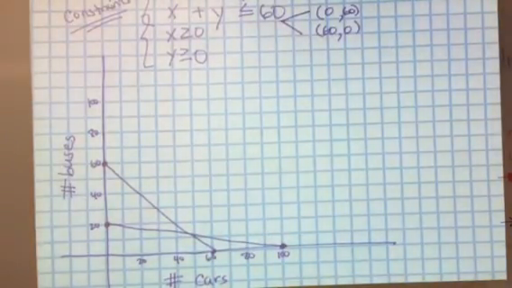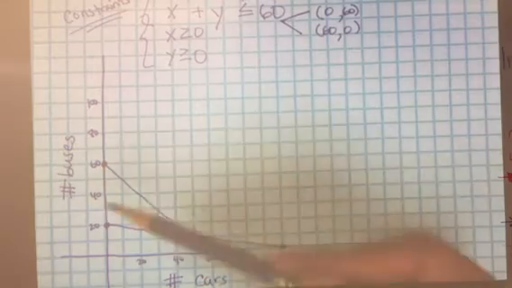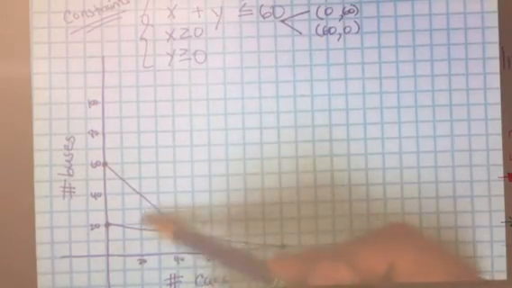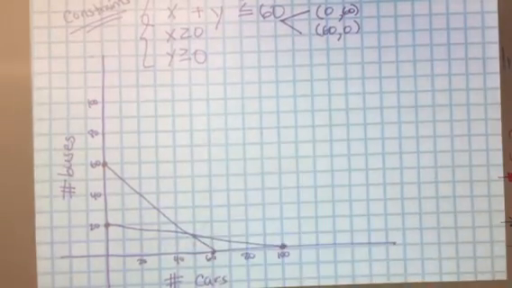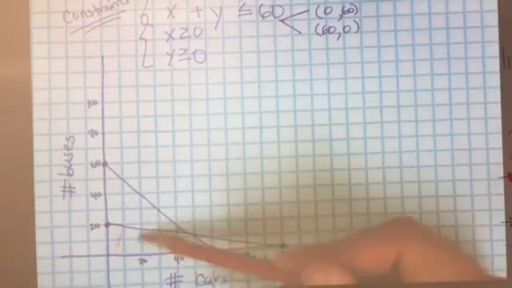And both of these inequalities are less than or equal, which means obviously if we use the test point 0, 0, 0 is less than 60, 0 is less than 600. They're both going to be shaded towards the origin. So where is the overlapping shaded region? If I shade this one towards the origin, and I shade this line towards the origin,